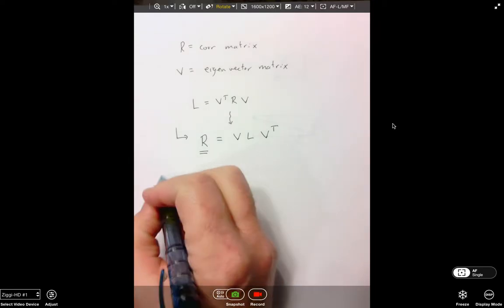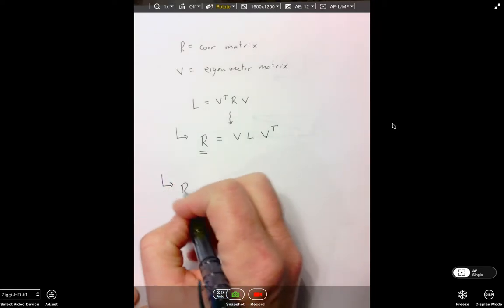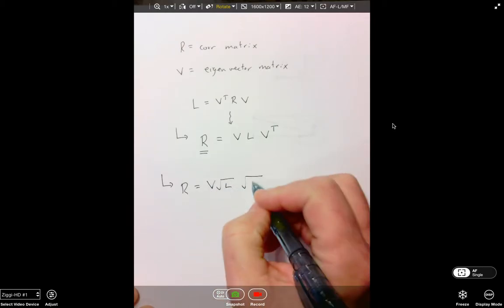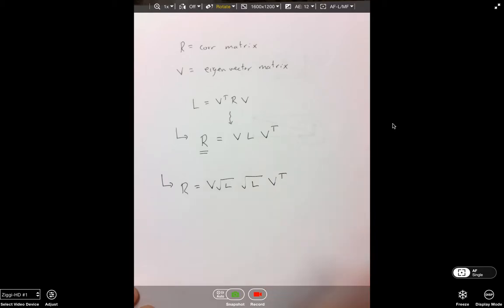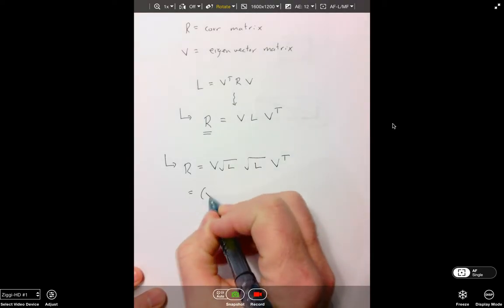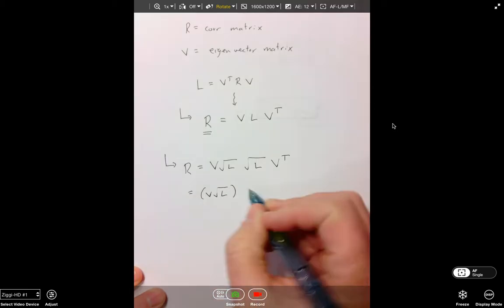Now, I want to look at this a different way too. I could take R and re-express this as V times the square root of L times the square root of L. And remember, this L was the eigenvectors. I'm sorry, the eigenvalues. So we can take the square root of those values, which would essentially be taking the square root of the diagonals. And we can reposition or reassociate